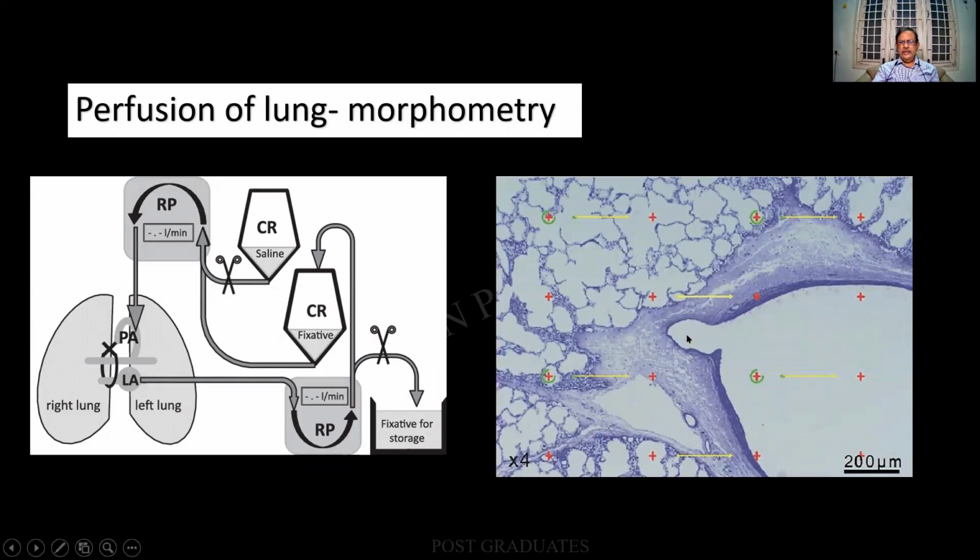Another one, in the lung it is being used. I find that there is a manometer and then there are different combinations of fixatives and they are being injected into it. The major blood vessels go into the lungs and then the different parts of it are being fixed. It is not that I give slices and the tissue is getting fixed. And this is reflected in the wonderful quality of the picture. And all these are supposed to be for measurements. It is a manometer study wherein they are studying the thickness as well as the width of the alveoli.